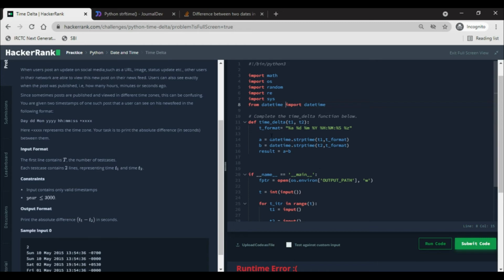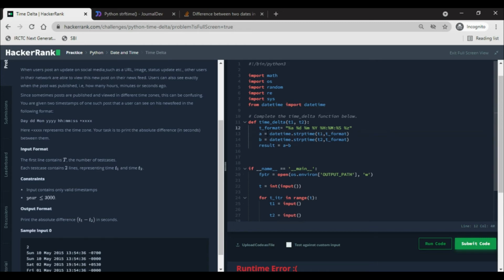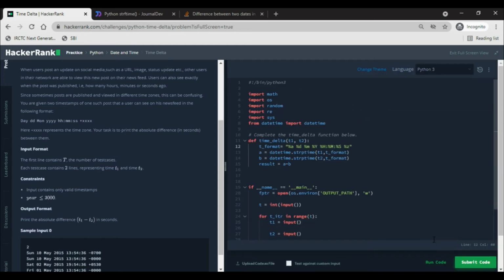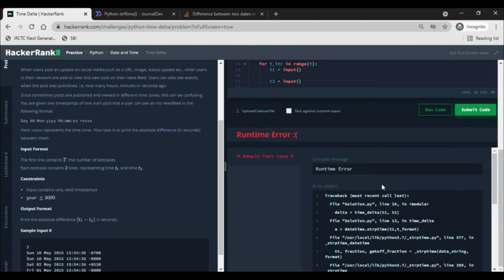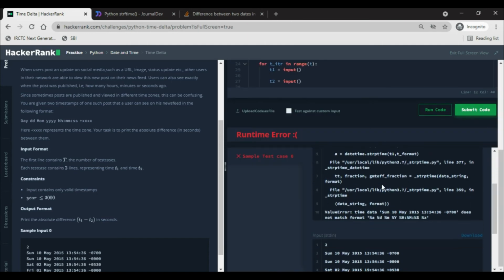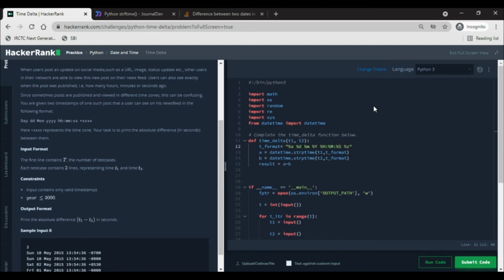Okay, so now it should work. Time data does not match format. Does not match format. Have I? Oh, capital M I have not taken.